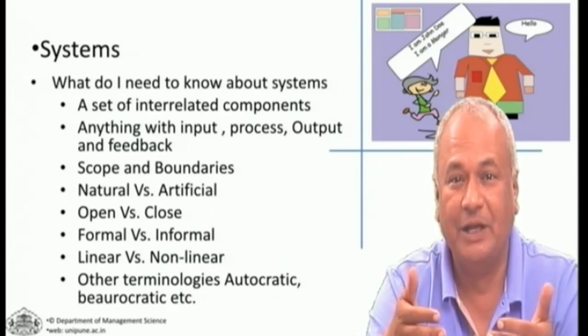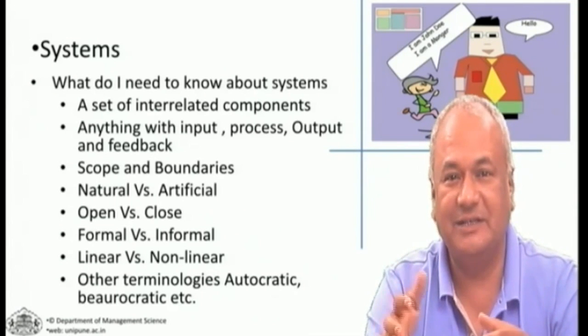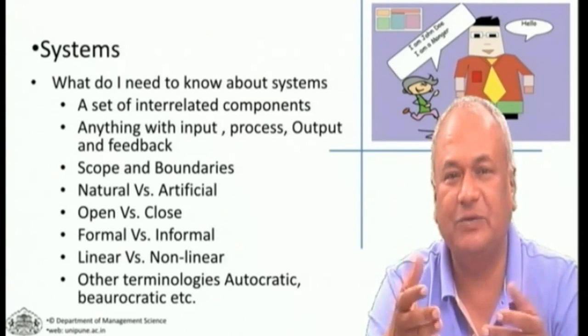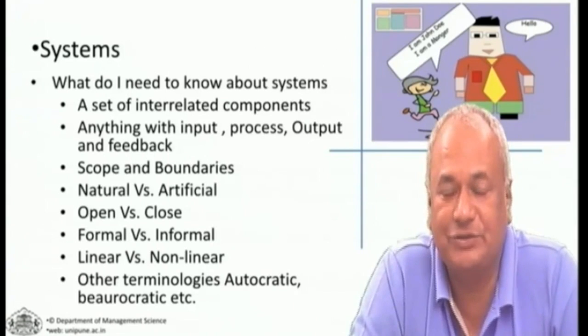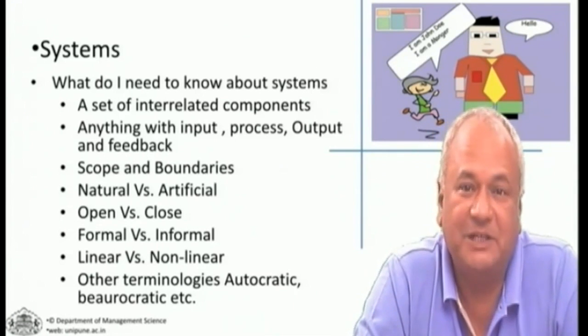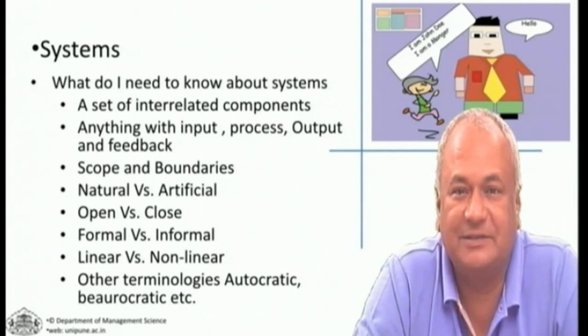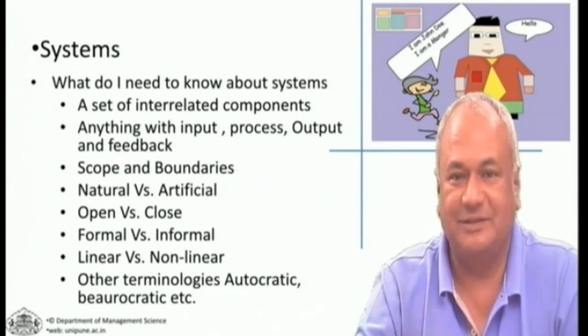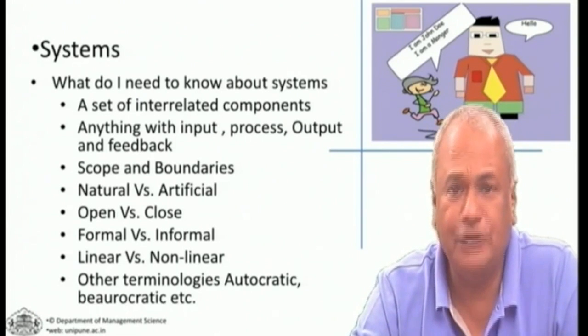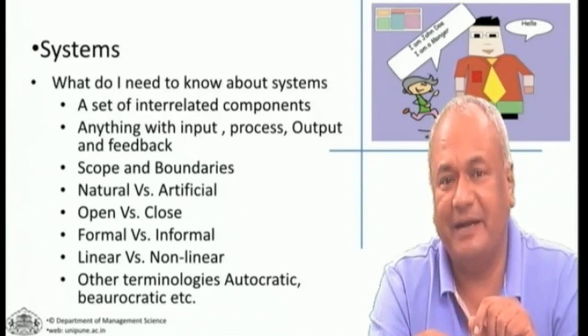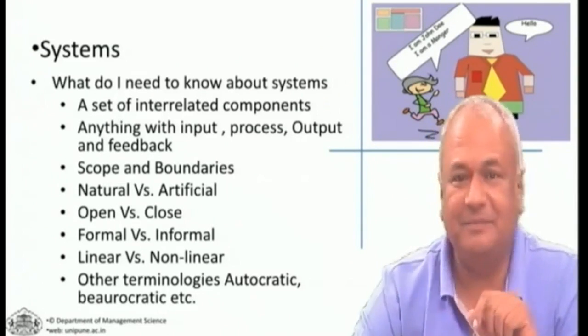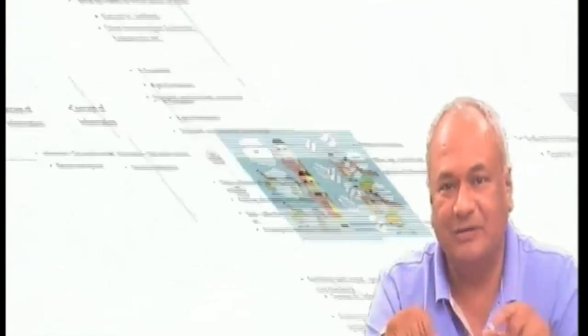informal system. We have linear systems, non-linear systems, and you can find n number of terminologies used by people in different books and different resources. Some of the terminologies we can see are autocratic system, bureaucratic system, Hippocratic system, and so on. So system speaks about input, process, output, and the feedback, which is the embedded mechanism in that whole system